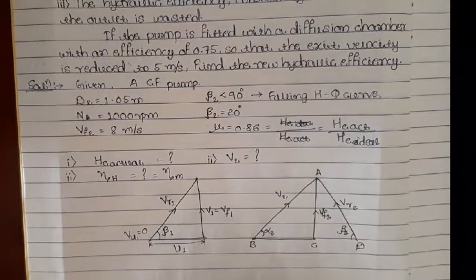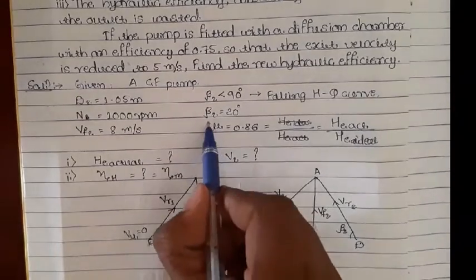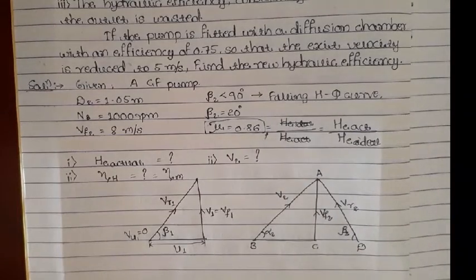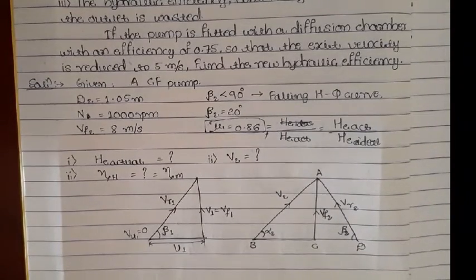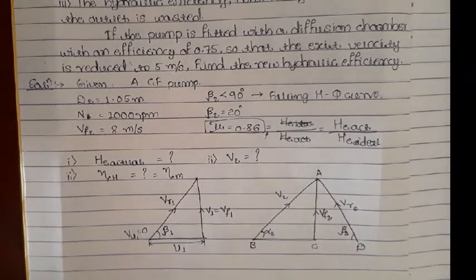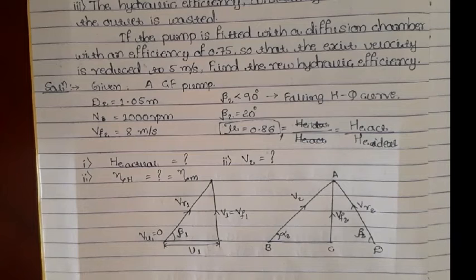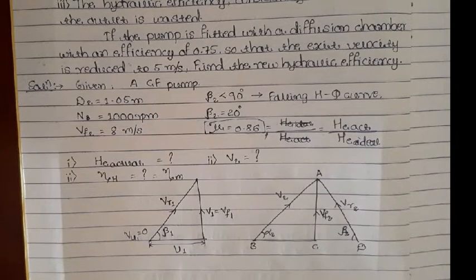Now in the problem the case is clearly given that there is slip. Since slip coefficient is directly given, we know there is slip. Now what is that slip? As we discussed, slip is the factor by which there is reduction in the blade tip velocity because of certain factors like eddy currents and shock at the entry. However mechanically good we design the equipment, the shock is unavoidable. Because of all those factors, slip happens.